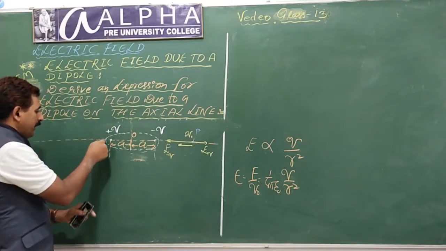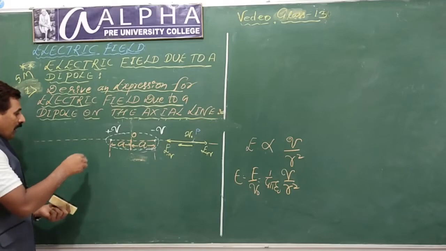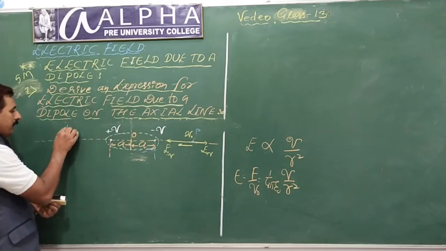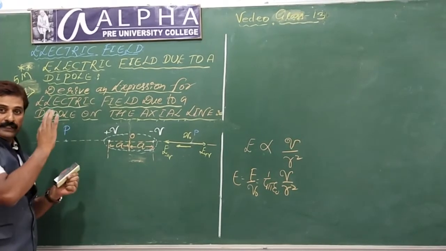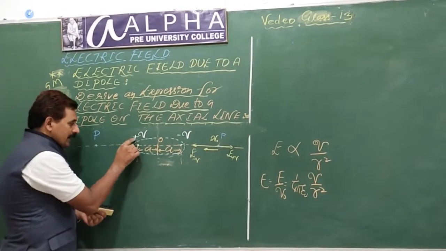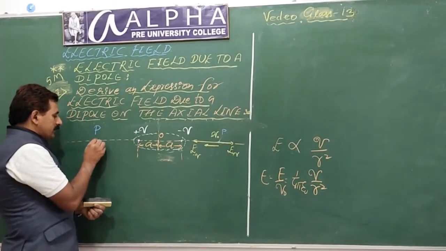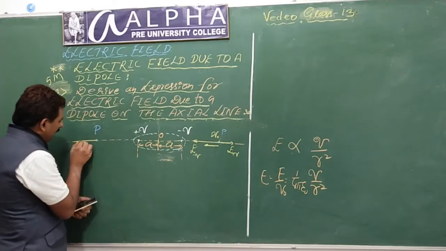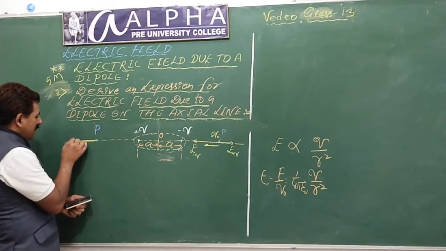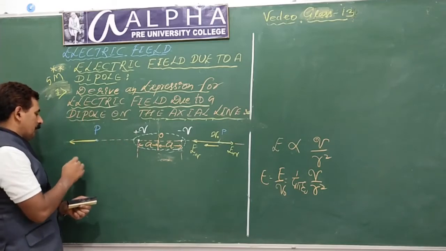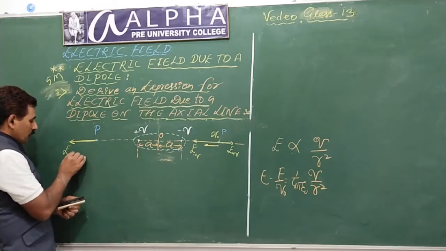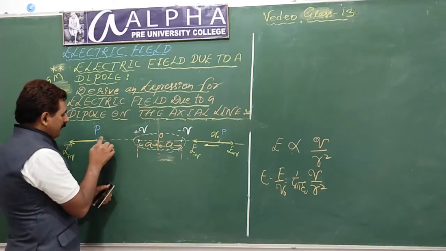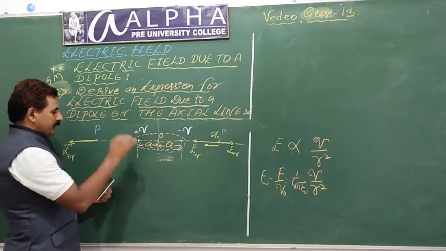Now come over here. Any point on this side. On this side, the left side, you consider again a point P. Same calculation, mind calculation, right? What is that? Due to this plus Q charge, a unit positive charge placed at this point experiences a force to the left. Why? Now, the unit positive charge is repelled by plus Q. I write that E plus Q. What is E plus Q? Electric field of plus Q. Force experienced by the unit positive charge here due to plus Q.